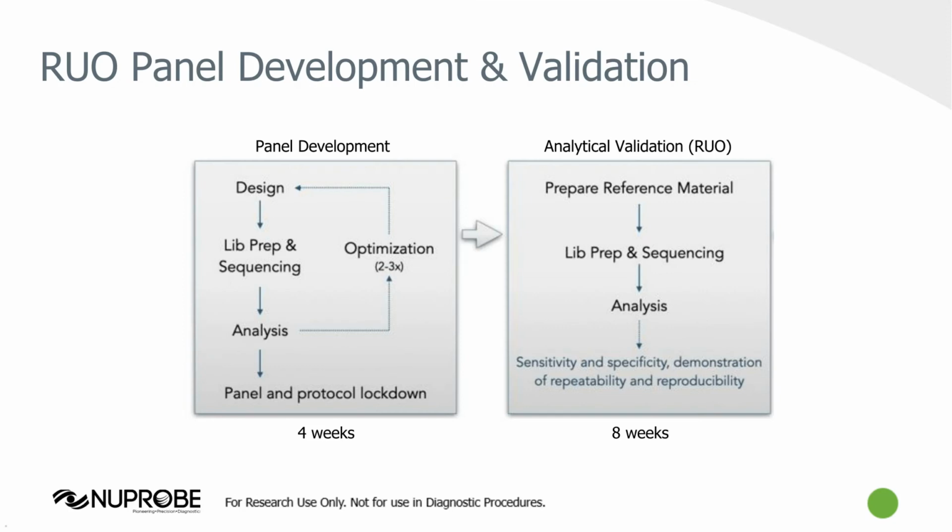So here's an overview of the panel development and validation process using QASeq. It is divided in two modules, panel development and analytical validation. During the first module, our service team designs and optimizes the custom QASeq panel until we reach high on-target rates. Then the panel and the protocol are locked, and we perform a series of analytical validation studies using reference materials